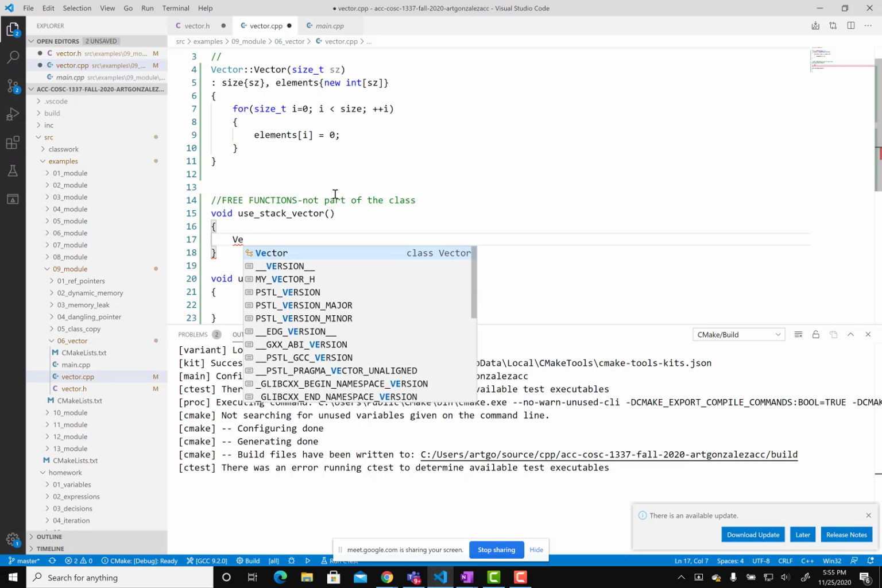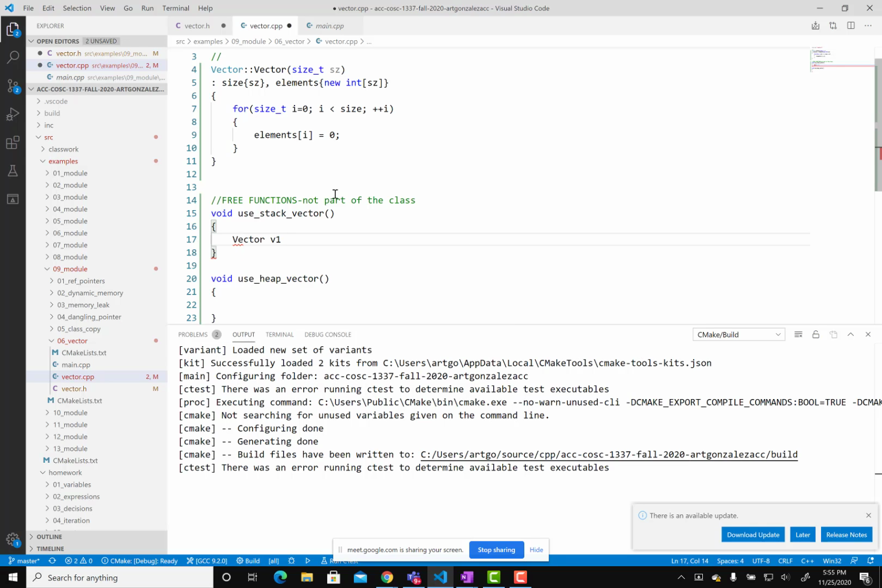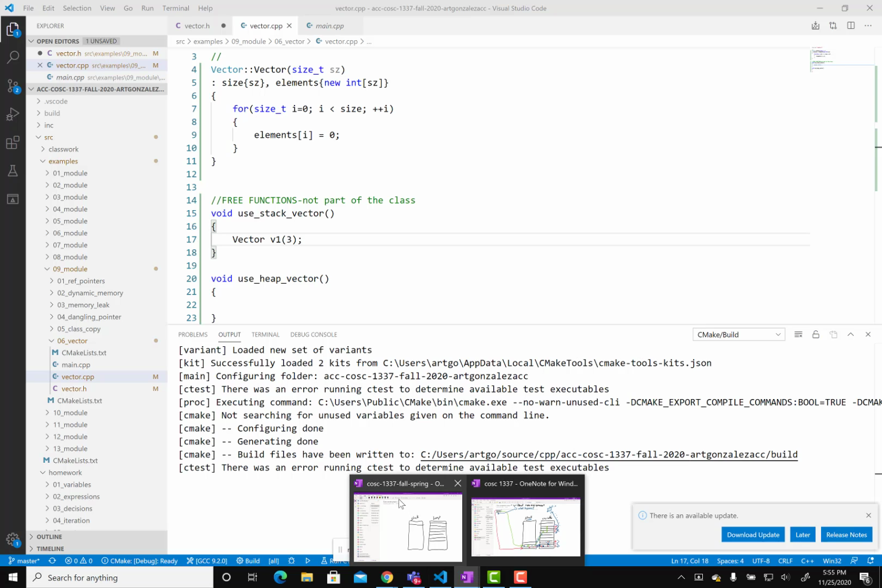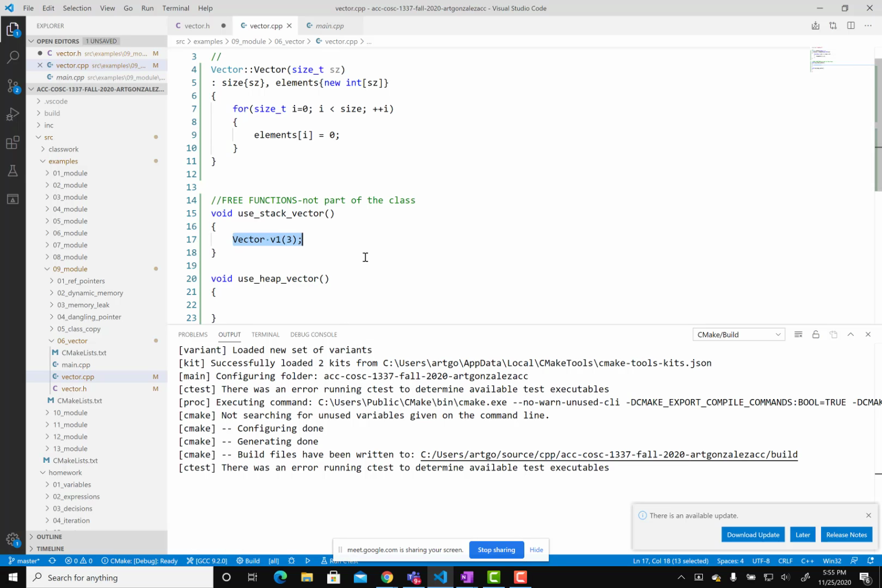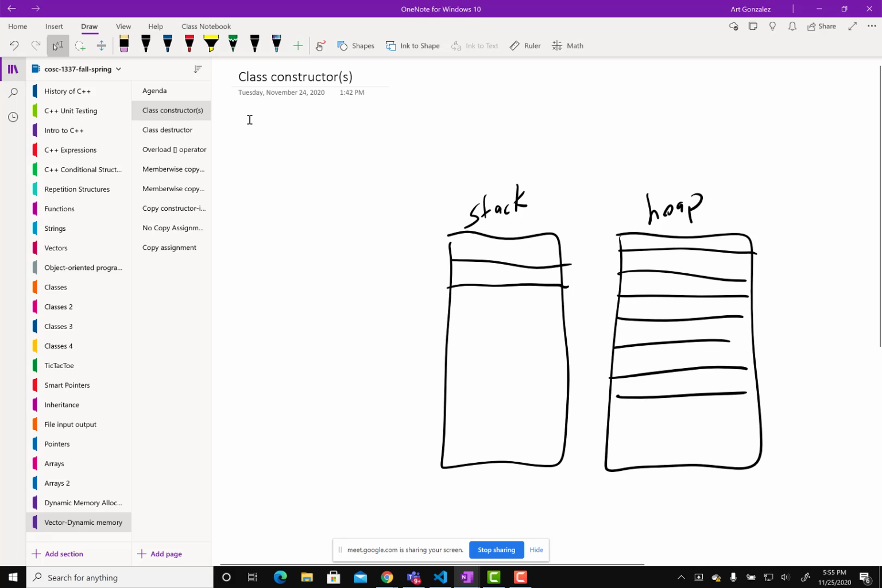And here we simply say, okay, our vector, we name it v1, 3 elements. And then what happens? Okay, so we go to our diagram, and let me copy that code here, just this one. So when that code executes,